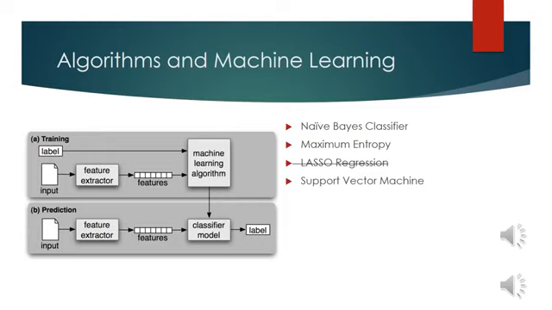Also, I should say there's a third technique, the least absolute shrinkage and selection operator, or lasso regression. This technique is something that I recently learned about. Like naive Bayes and maximum entropy, lasso is a linear model that keeps the good features of subset selection and ridge regression. I will be exploring this method using the glmnet package in R. Not sure if that's going to become part of the final project, but I am going to do some exploration of this particular package and see if it has any bearing or anything interesting to teach us.